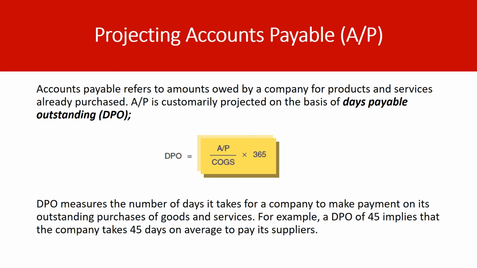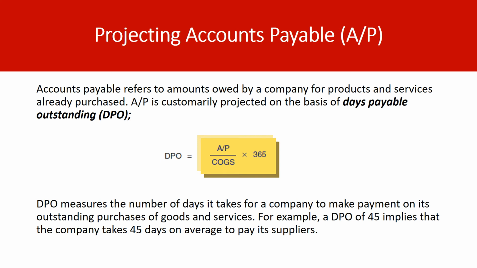Projecting accounts payable. Accounts payable refers to amounts owed by a company for products and services already purchased. Accounts payable is customarily projected on the basis of days payable outstanding, DPO. Now the DPO ratio is calculated by dividing accounts payable by COGS and then multiplying by 365. The DPO measures the number of days it takes for a company to make payment on its outstanding purchases of goods and services. For example, a DPO ratio of 45 implies that the company takes 45 days on average to